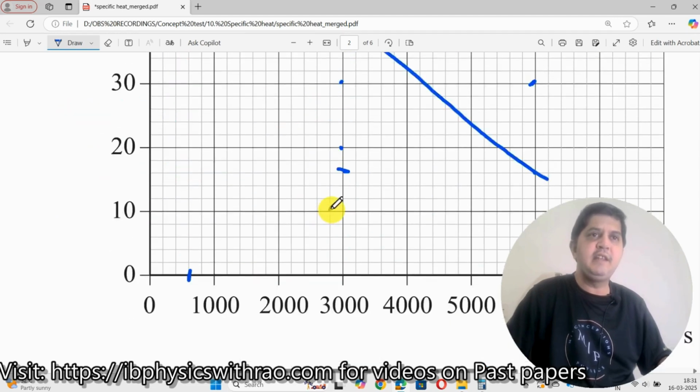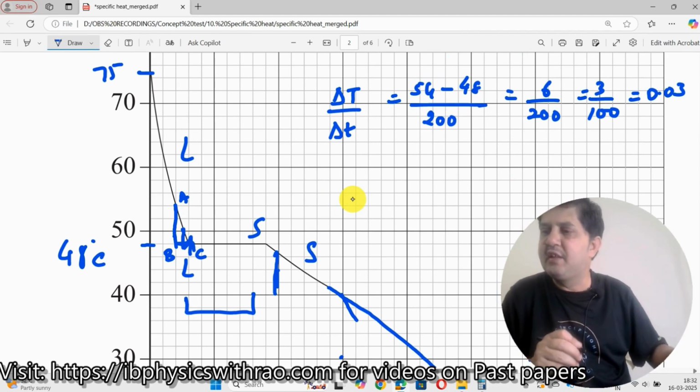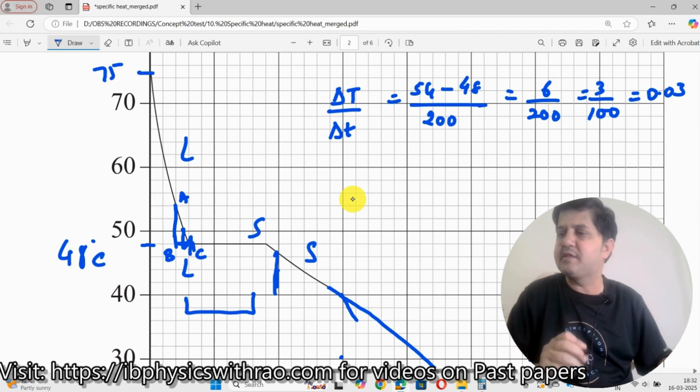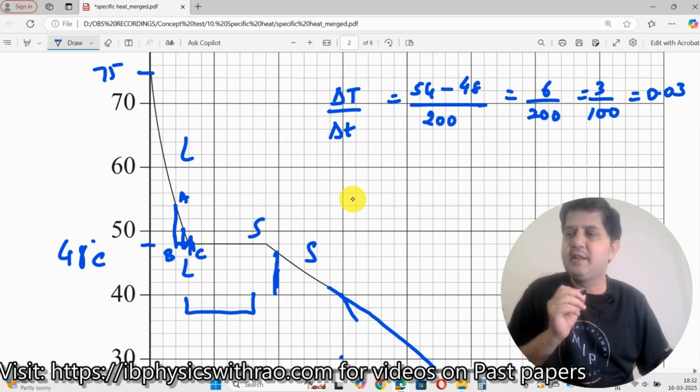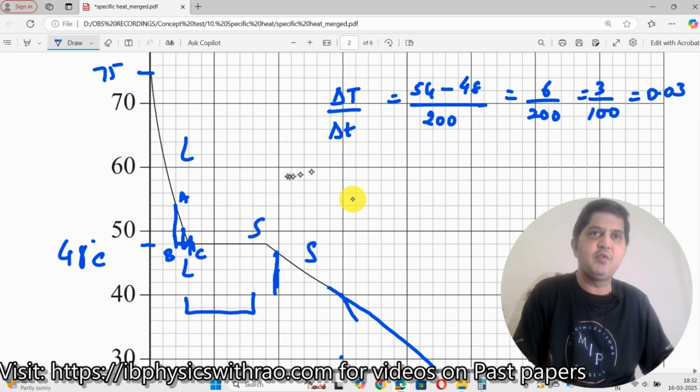Now, why do I need this? If you ask me this question, then I'll know the energy which has been lost over here. What's the question over here? The question is, use the graph to deduce the rate of loss of thermal energy at time t equal to 600 seconds. It's approximately 4 watt. Okay, he is asking you to find out the rate of